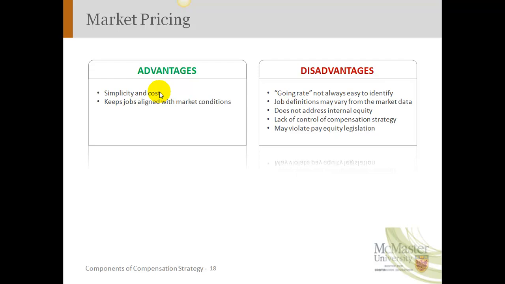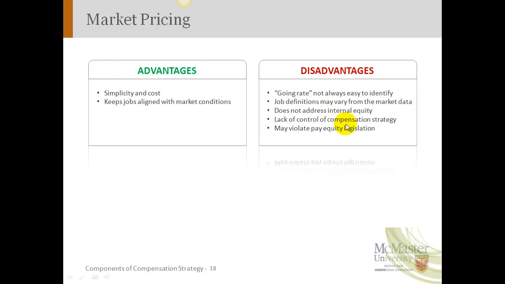Job definition, so an electrical engineer, I'm paying $125,000, the community's paying $175,000. Is there something that maybe they're doing there to earn that $175,000 that I'm not expecting mine to do? And from a recruitment perspective and selection perspective, how am I going to communicate that to candidates? They might not even in the recruitment process want to apply if they think I'm paying less. So again, it might make it difficult to even recruit people. It doesn't address internal equity, so it may create some internal disequity. But again, if it's a known condition, it may even be temporary, so then salaries will fall in line once that temporary blip is under control.